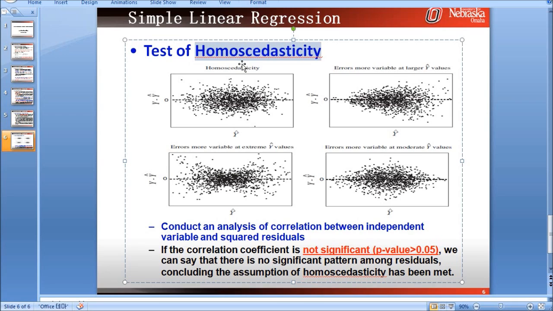Okay. Variance. Homoscedasticity is basically about the variance. The variance is basically about how spread the values are on this data distribution.